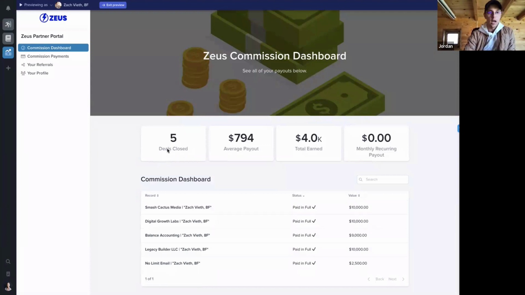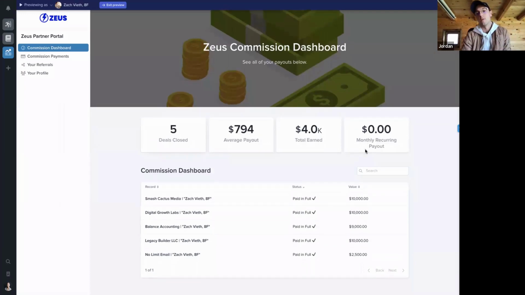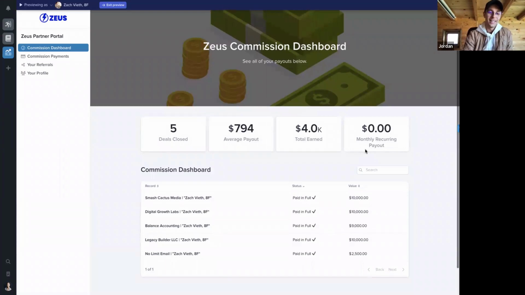If I'm this particular person, Zach, I can see 5 deals that I've referred have closed. $794 is my average payout. I've earned $4,000 in total. Disregard that monthly recurring payout thing. I'm not going to go into the weeds as to what that is or why it's 0 outside of the